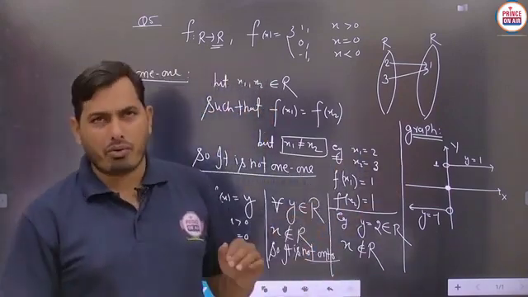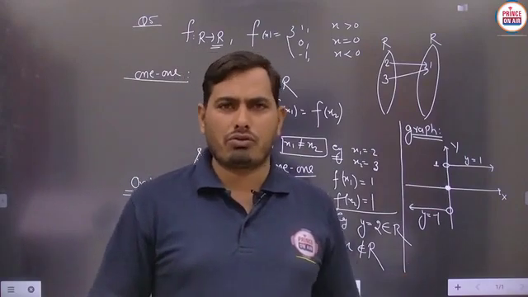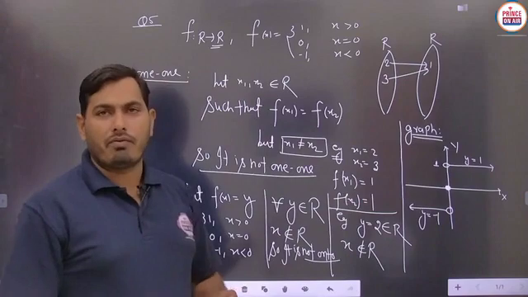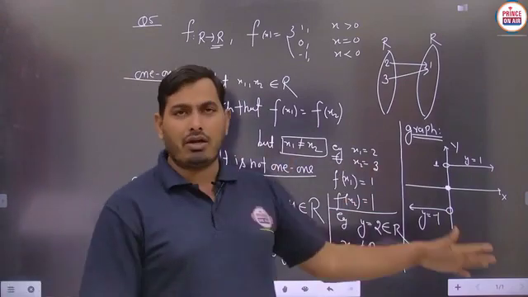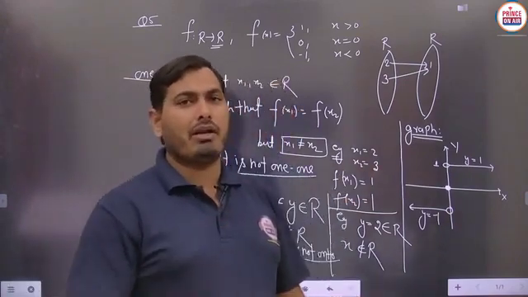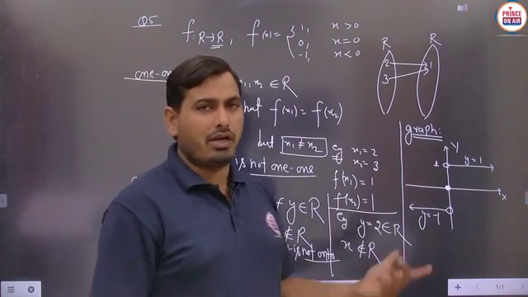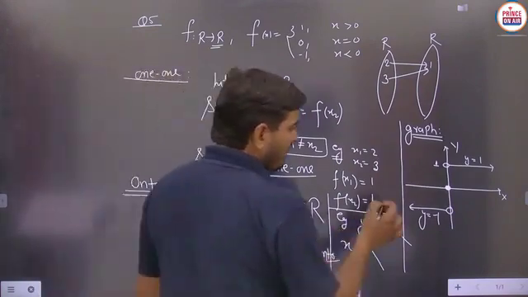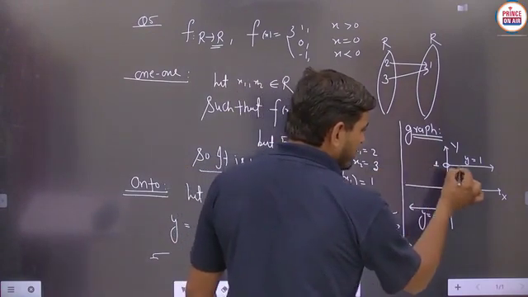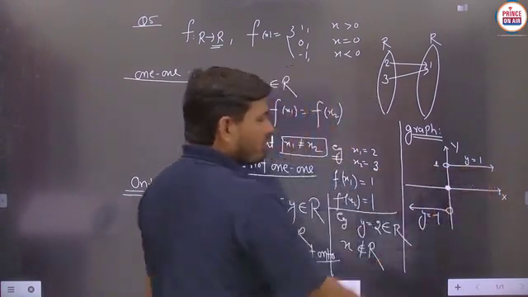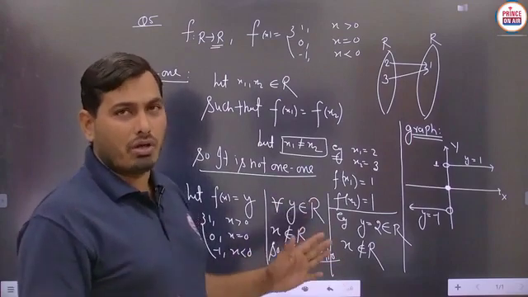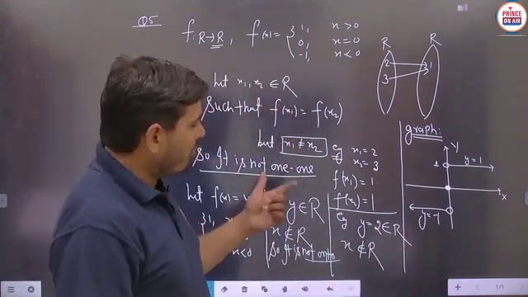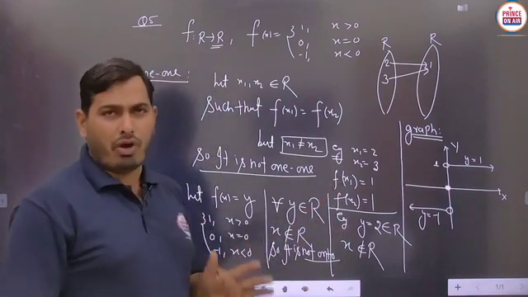And now, according to the graphical definition, you can also check whether it is onto or not, or one-one or not. Suppose we are checking the one-one case, then we have to draw any line parallel to the x-axis, and if it intersects at more than one point, then definitely it is said to be a many-one function. So basically, if we draw any line on this graph, then definitely this line will intersect at many points. So it is a many-one function.